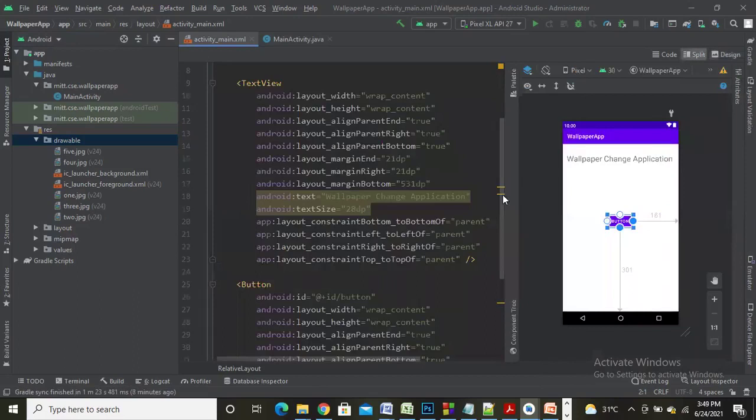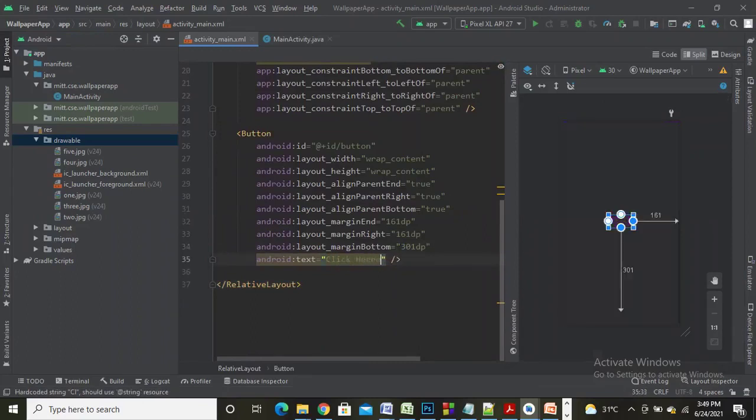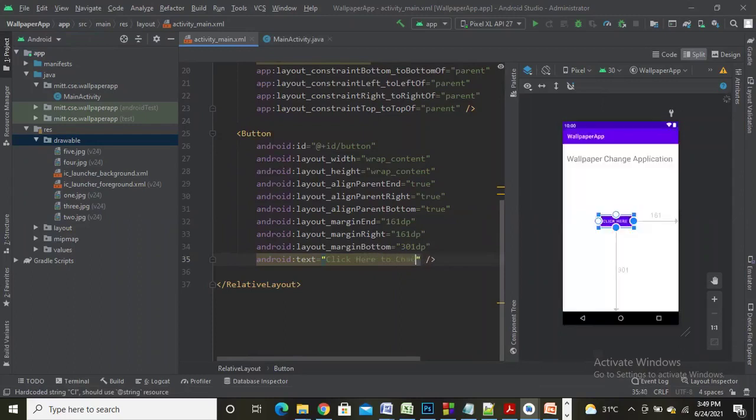So the split mode. Okay. For this, the text for the button I'll change to Click here to change wallpaper. So I'll adjust the button and place it at the center of the screen.